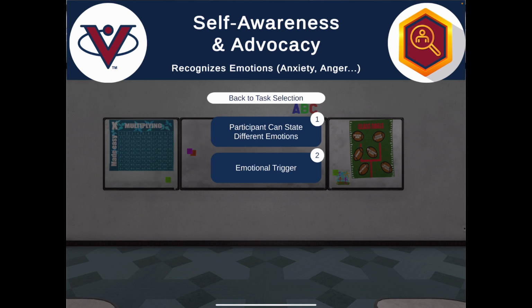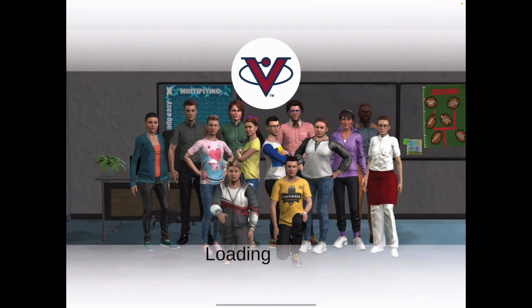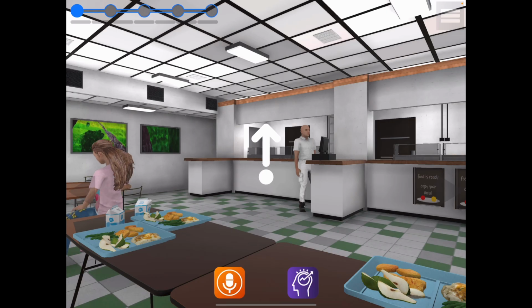Once in, you will see the screen and we'll go through it. So clicking on 1, it may take a little bit of time to load depending on which device you have. Once in, you're going to notice the screen with the flashing white arrow with a dot below it. That is your start button. Above to the left, you will notice a blue bar with circles. That is your progress bar for your students. That blue ball will move across as the scenario completes.